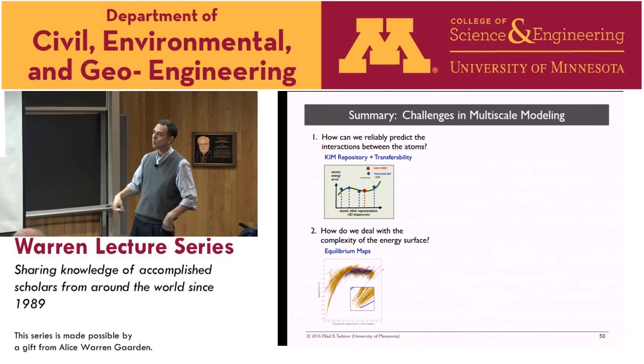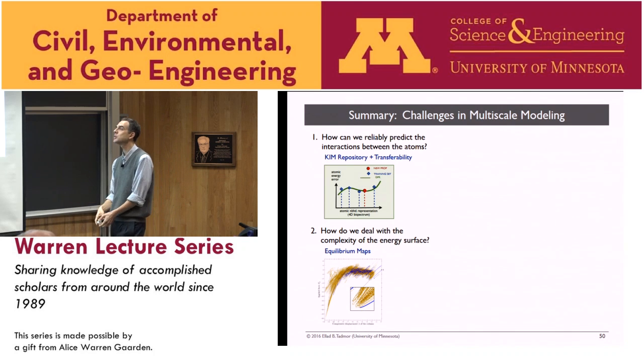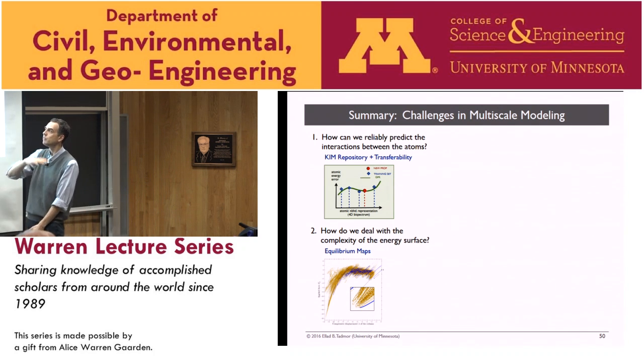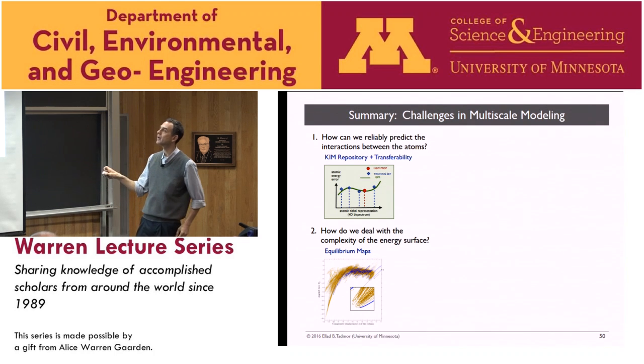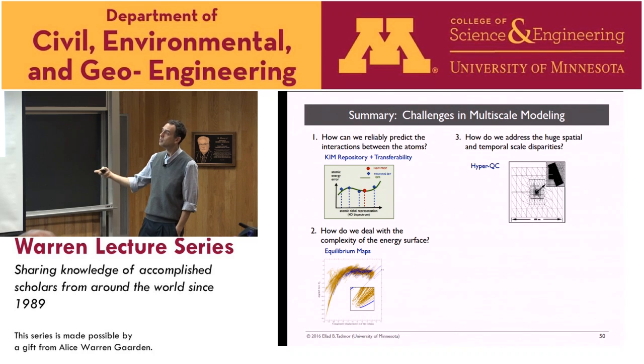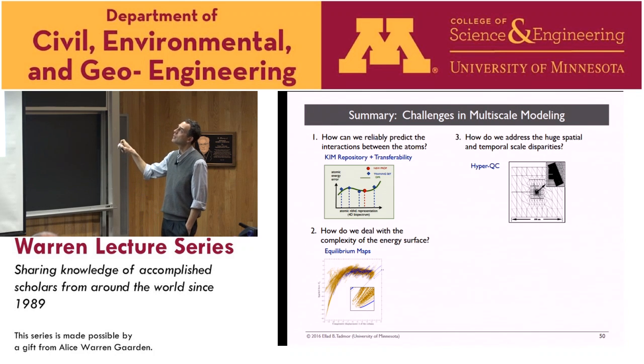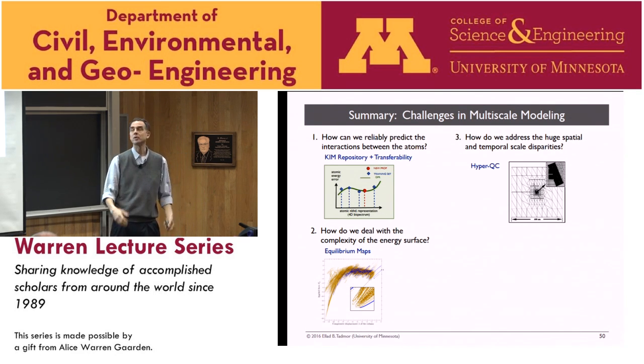Second is, once you have a function that depends on potentials, it's very, very non-convex. And so we're just trying to get our heads around that with this idea of equilibrium maps, and developed an efficient way to scale with this kinetic Monte Carlo to use this information to predict long times. Then we just have directly the issue of going from small scales to large scales, from an atomistic region to a continuum. And this is where this quasi-continuum method comes in.